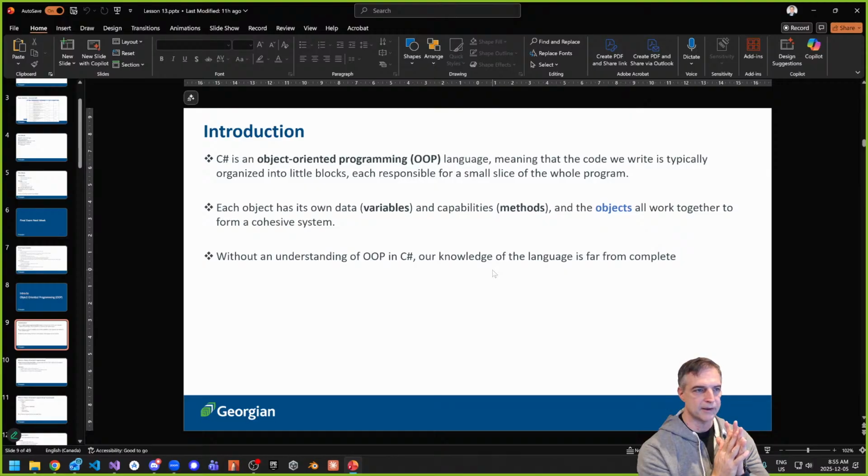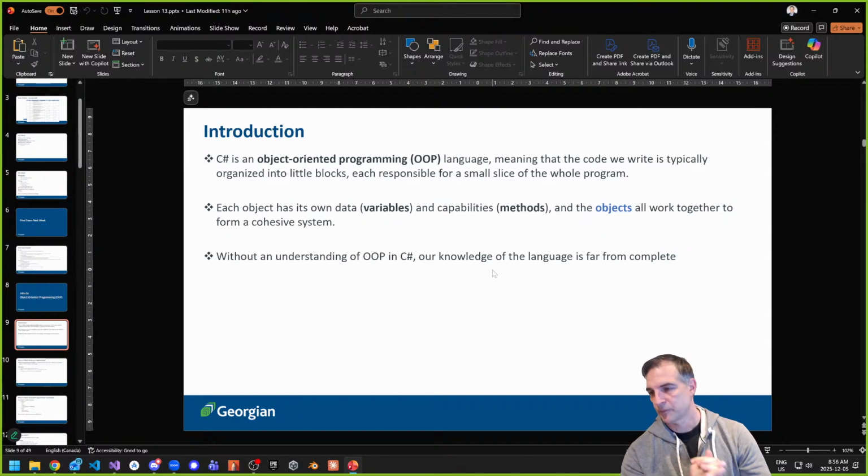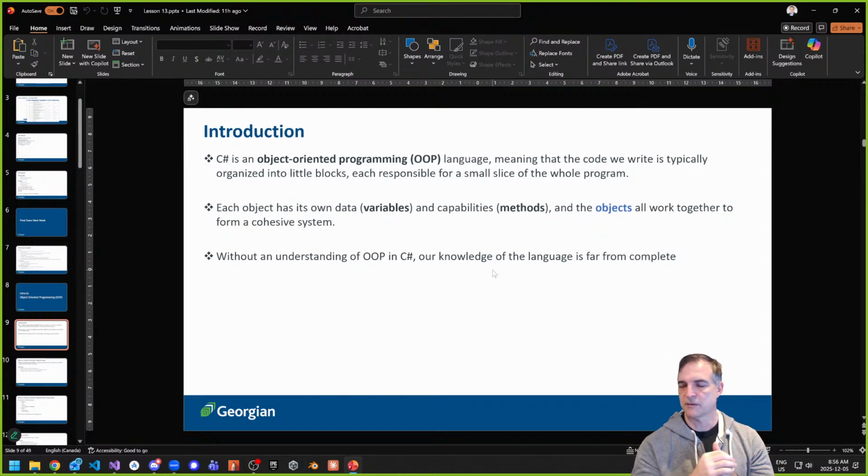You've learned about arrays, lists, enums, and structs. You've learned about Windows Forms and how you have a platform that you can use some of that code to create user interfaces, all that stuff. But it's not enough. None of those things equate to everything that you need to know to become a great programmer. Without knowing about object-oriented programming, it's like you're missing something. The knowledge that you have is still far from complete, like it says here.